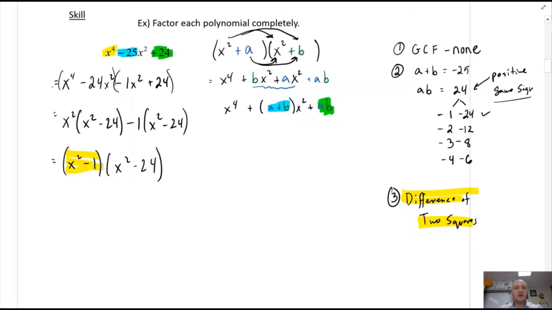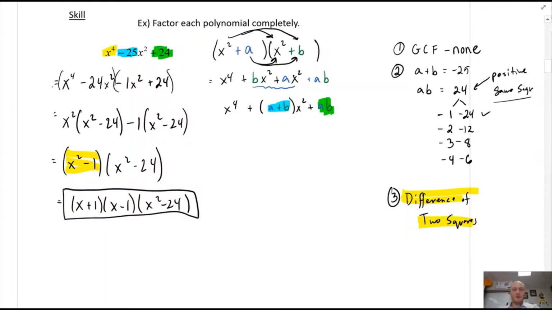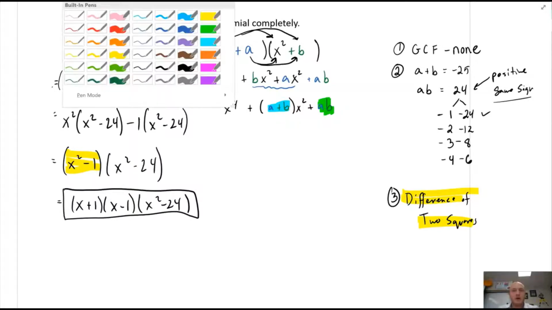So what I'm going to do is I will factor that. That is x plus 1, x minus 1. And we are done. There it is. All right. Okay. I also want to point out, I want to kind of draw a correlation